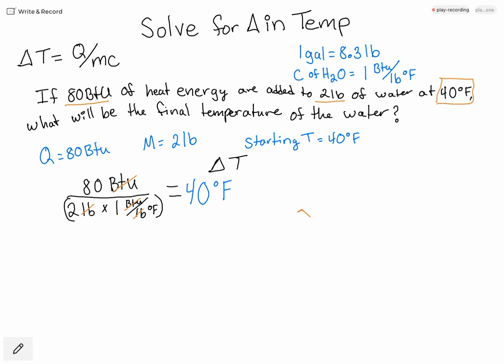If I add this much energy to 2 pounds of water, it's going to change temperature by 40 degrees, which means if my starting temperature was 30 degrees, I would add 30 plus 40, getting 70 degrees Fahrenheit. In this case, we were shown that it is 40 degrees Fahrenheit, and so I'm going to add 40 plus 40 equaling